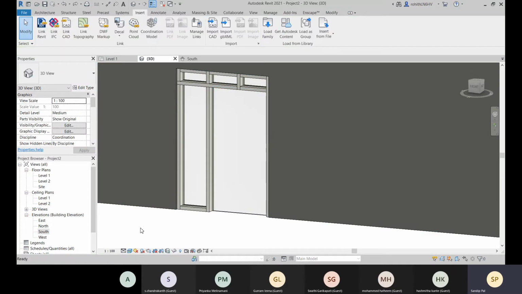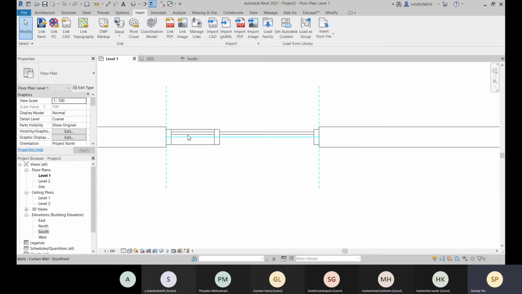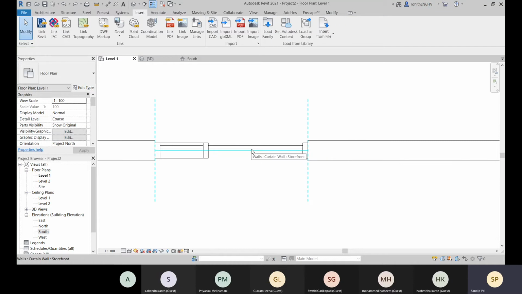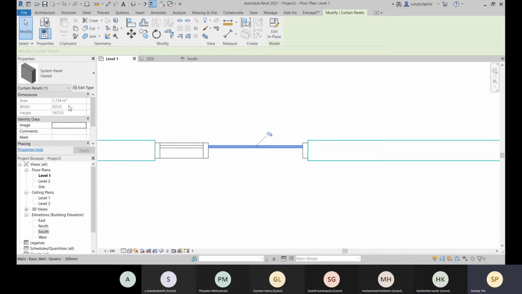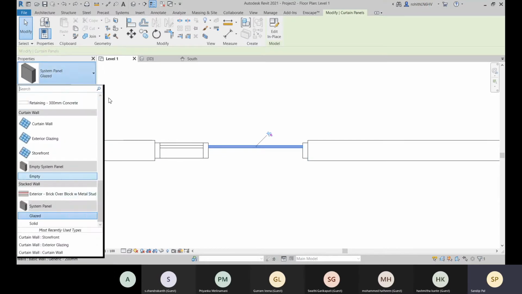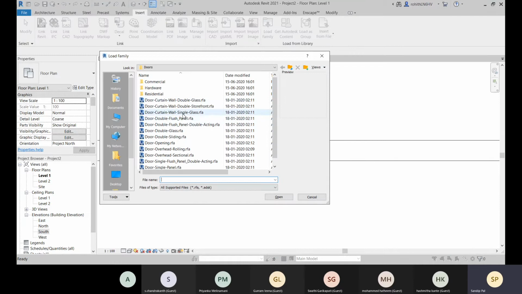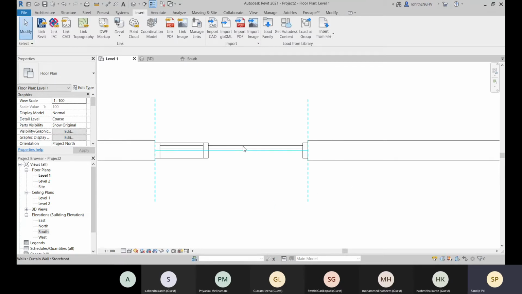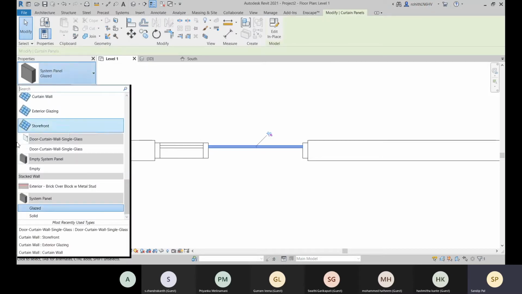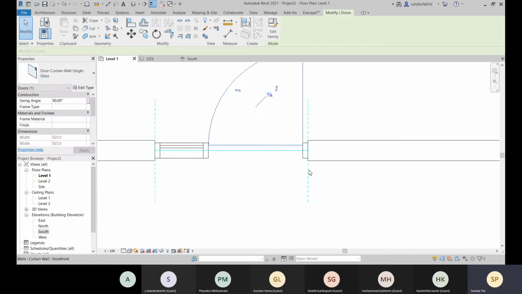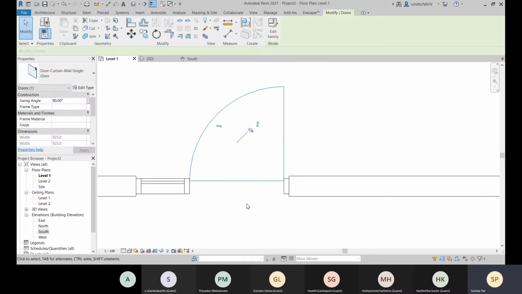Just let me show you the difference without place. And now come to level 1. Here you can see this is the curtain panel right now. And now let me just select this one. And now when I will change it to, sorry, okay, I had undone this, so I have to insert again, go to load family, and then choose it. All right, it is now. With the tab, I'll select this panel, and I'll come to this type selector and then choose. Okay, now here you can see that we have this door.